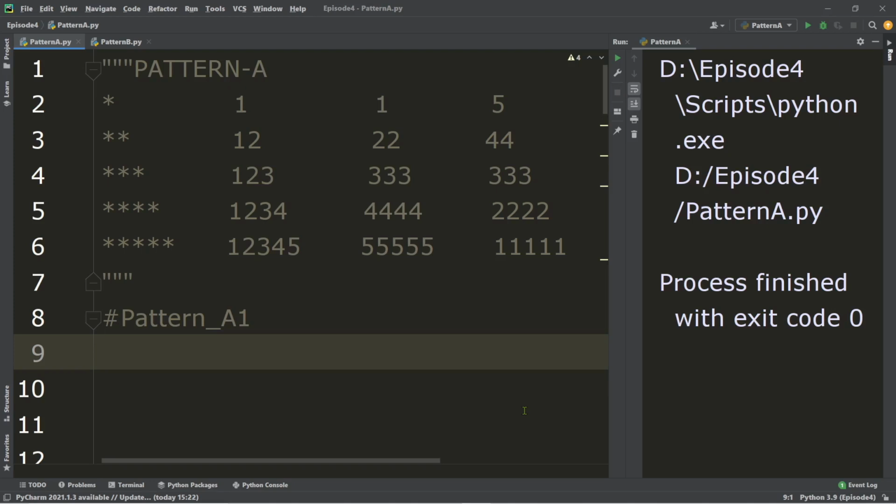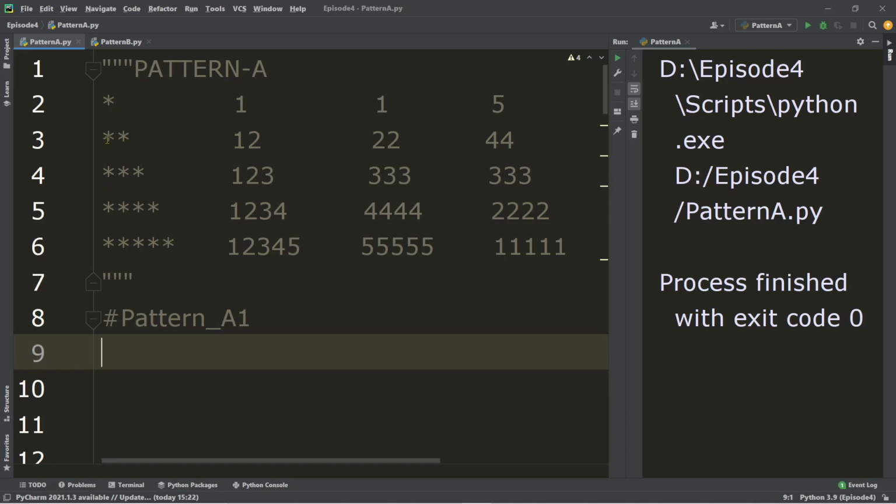Okay, so let's start with the asterisk. Just try to analyze this first. If you're going to display this, as you can see, how many rows do we have? We have 5 rows, and at the same time, a maximum of 5 columns. In our first pattern, as the number of rows increases,